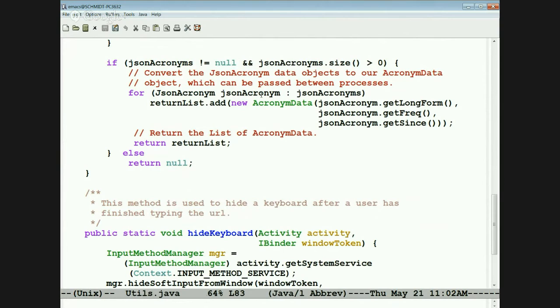It creates it as an acronym data object,